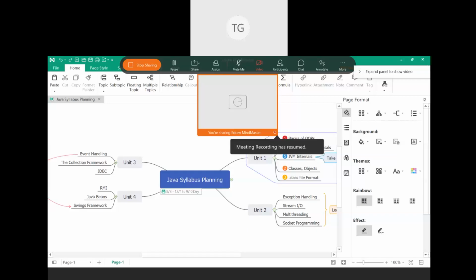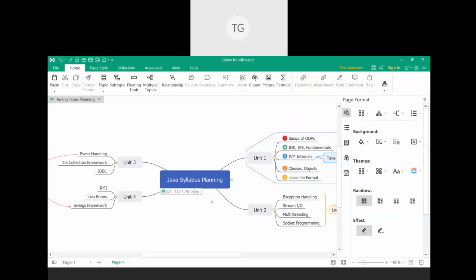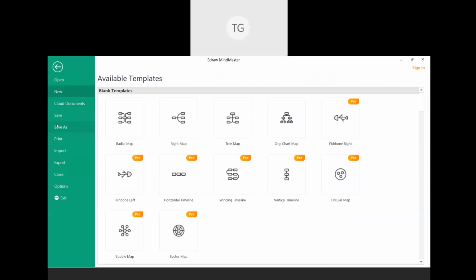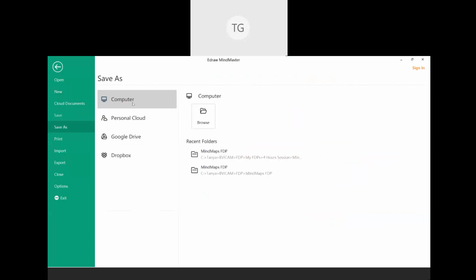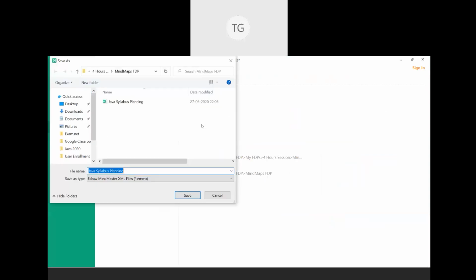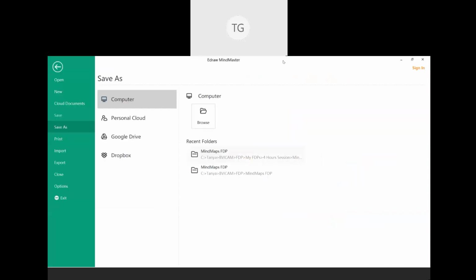If you see this here, this is my actual eDraw file that I have been discussing in the presentation. On File, there is an option Save As, right? It gives you options where to save the file. If you want to save the file on Google Drive, it will upload it to the Google Drive and you can directly have your students take the link of Google Drive. If you have a personal cloud or a Dropbox, you can do that as well. Or if you want to store it on your computer, right? Then you can click on Browse, and wherever you want to have the path, you can set up the file, right?